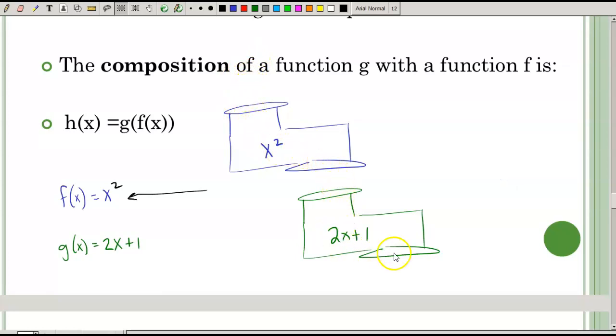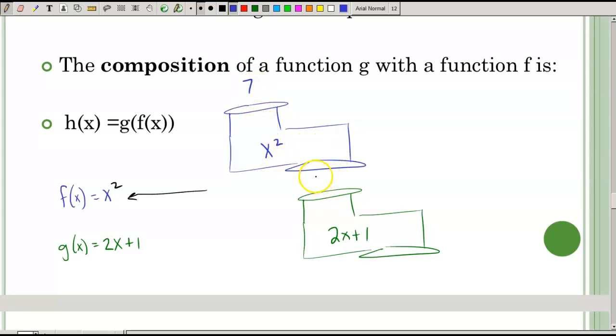If I plug something in right here, let's use that same example of 7. If I take 7 and drop it into this function, then 7 would go into this function, and of course it would be